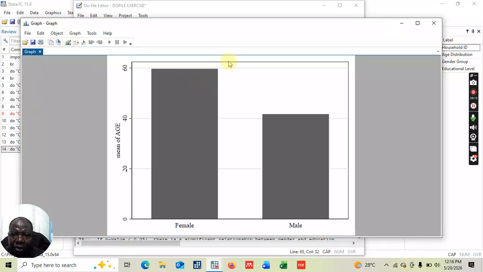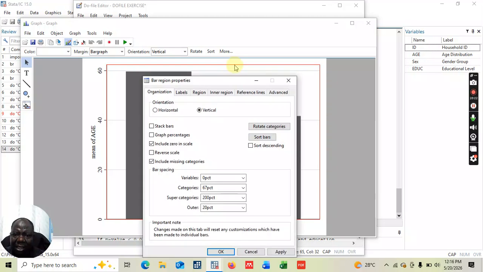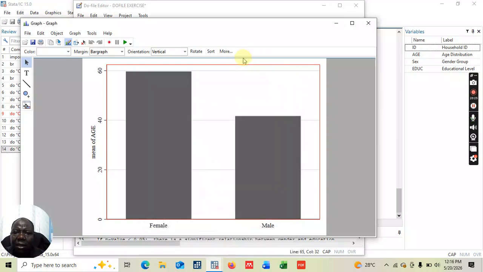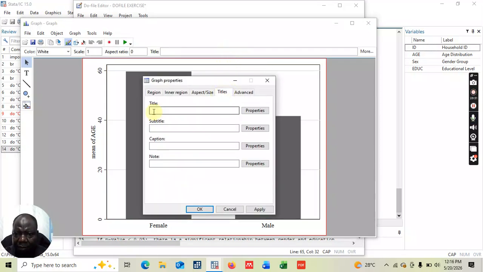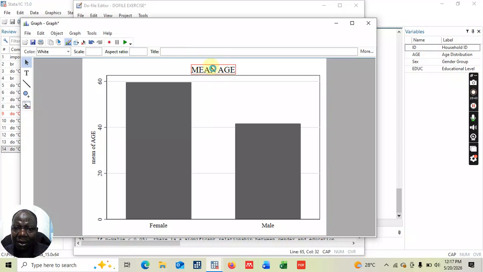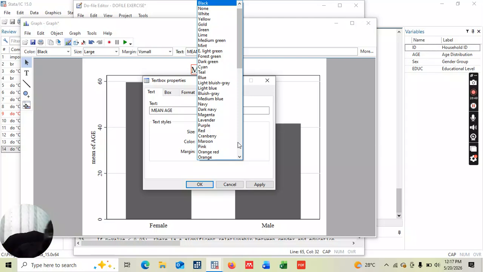Edit this graph so that we have a title for it. You may want to give it a title. Yes, it is editable. So you give it a title, you say mean age. You can also give it a color. Give it green. So my brother is assisting me here